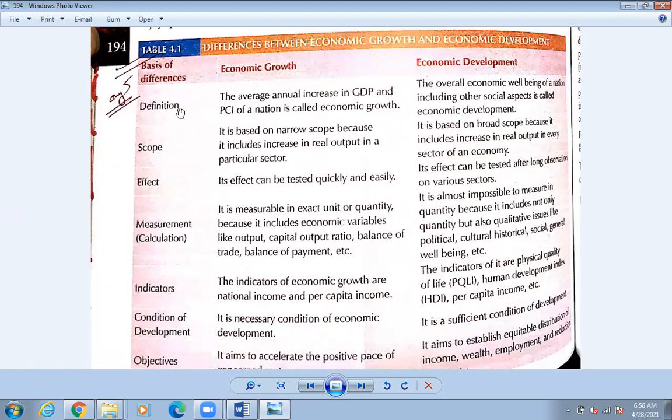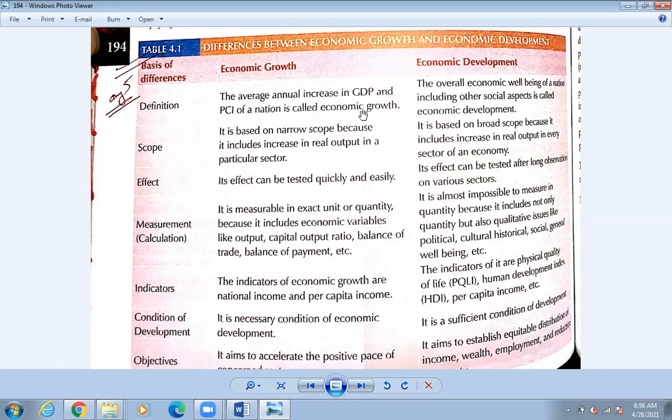So number one is the definition. Let us learn the definition of economic growth: the average annual increase in GDP and PCI. What is the meaning of PCI? It is per capita income, that means this very average income. That is called the per capita income. And what are the productions done inside the country itself, that is called the GDP, gross domestic product. Right, the average annual increase in GDP and PCI of